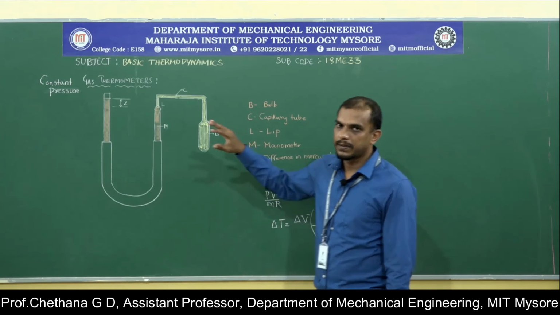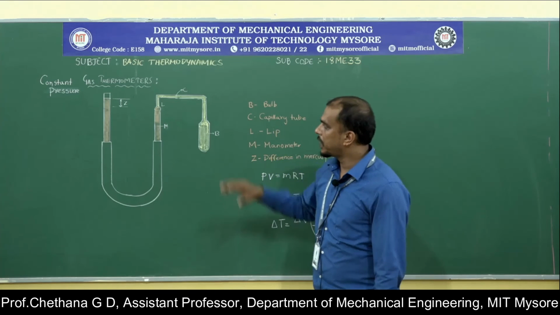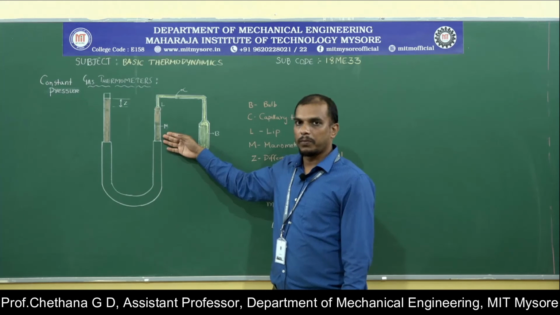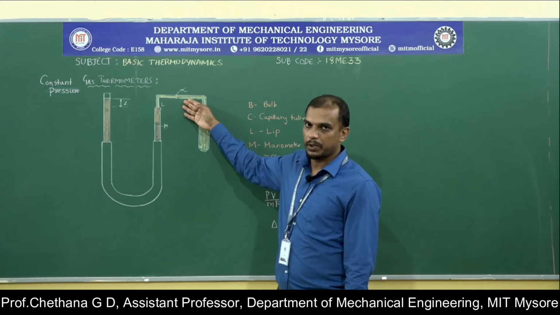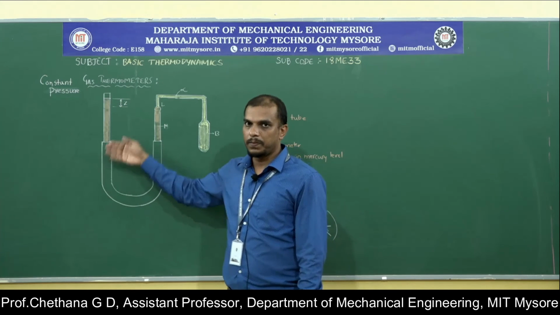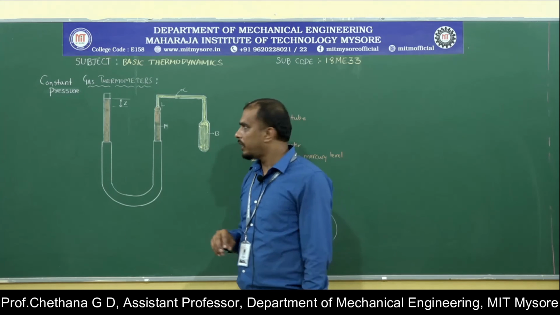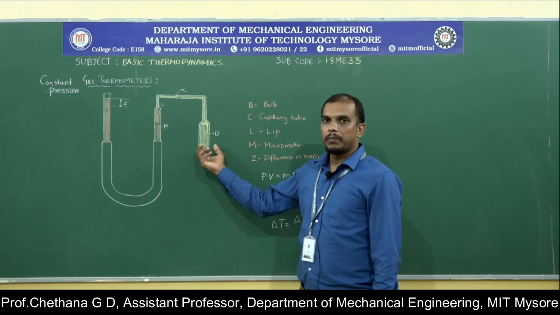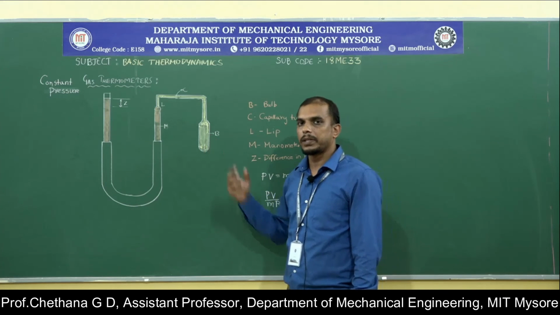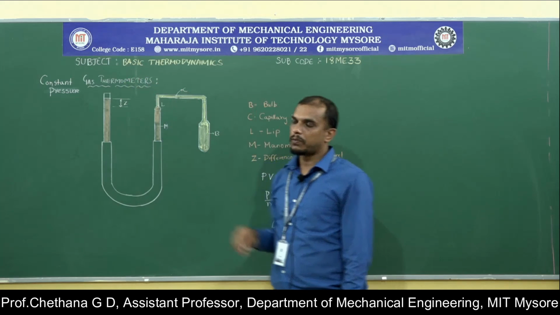Now, we will study the constant pressure gas thermometer or constant pressure ideal gas thermometer. This setup is the same setup which we used for the constant volume gas thermometer, which has a bulb B, which is in contact with the mercury manometer by the help of a capillary tube, and we have a flexible tube. Then we have a lip L. What we will do, we bring the bulb B in contact with the system whose temperature has to be measured, and this side you know that it is open to the atmosphere.